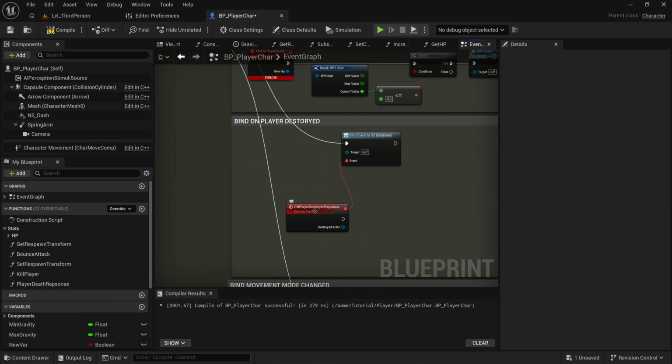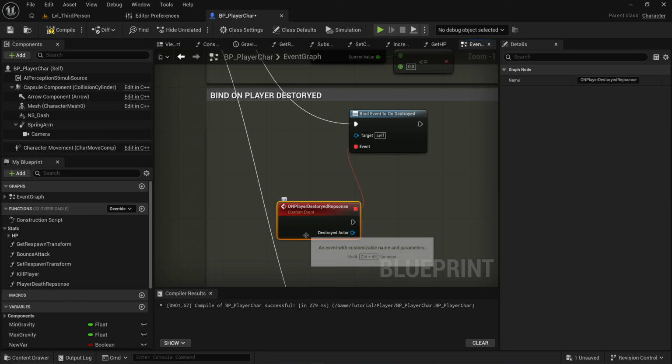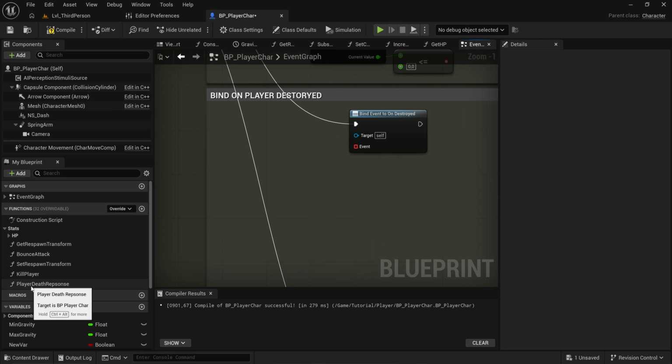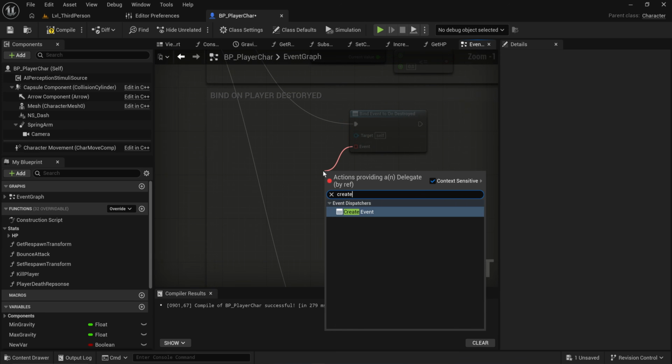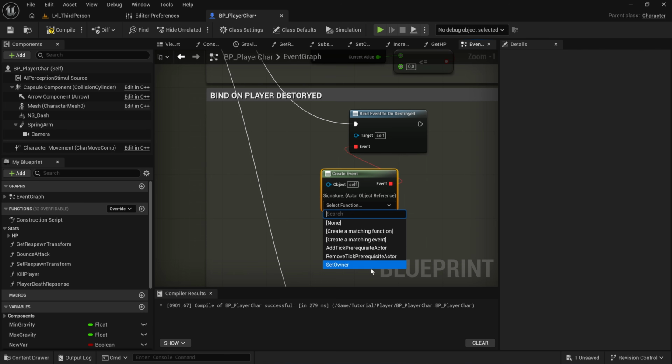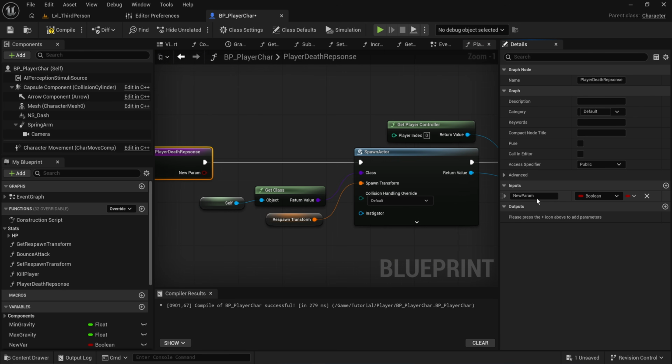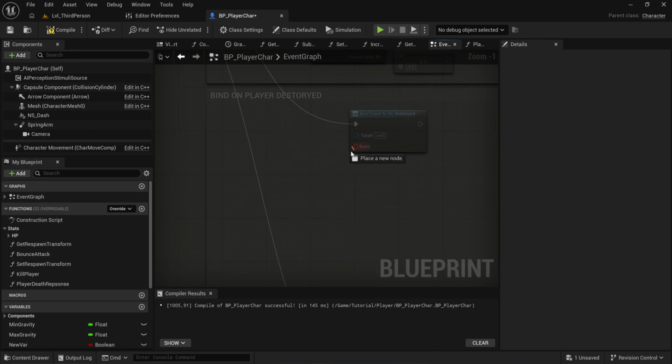And then instead of directly binding this event, because now we're trying to bind something that we've turned into a function, and we've been just creating events and hooking them up into these binding nodes, we can just create an event, and we can take any function that matches the parameters that we're looking for and say, hey, bind this function instead of it needing to always be an event. So in this case, that would be player death response. Just do need to give it an input here, even if we're not using it. Otherwise, we're not going to be able to use the create event